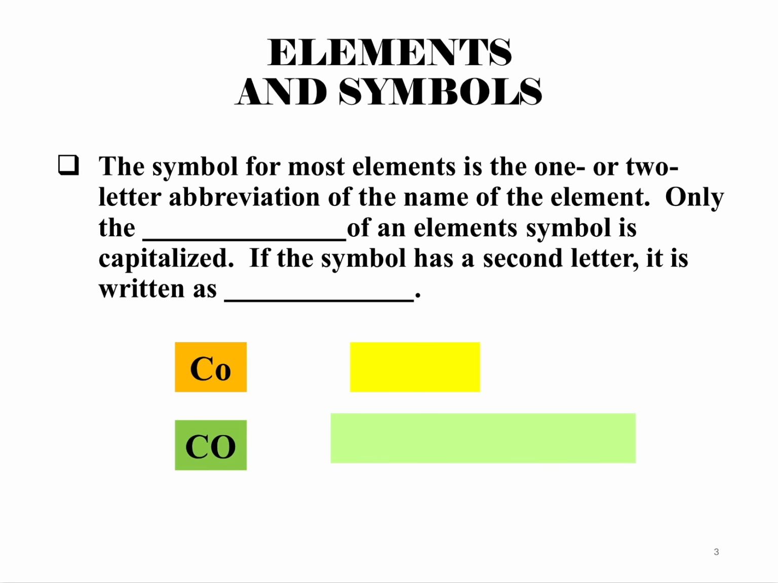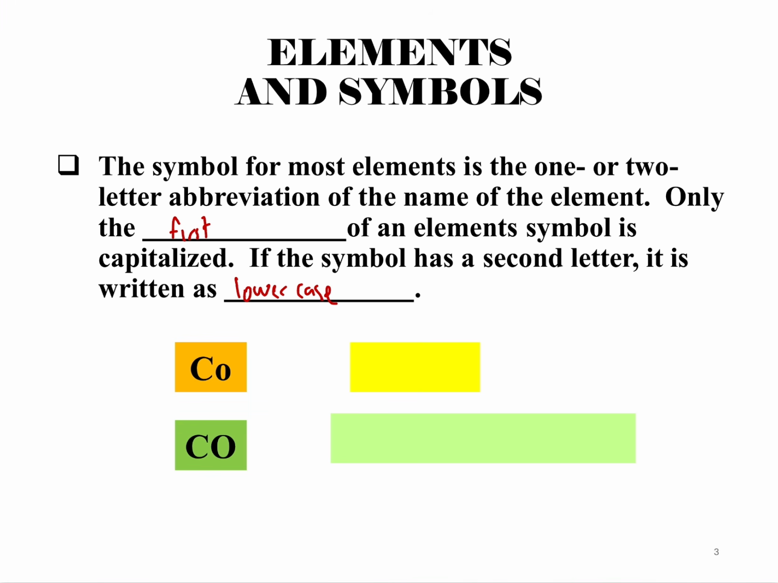And so, how do we define elements? Elements are usually defined by a 1 or 2 letter symbol. Only the first letter of an element is capitalized. If the symbol has a second letter, that's usually written as a lowercase letter,